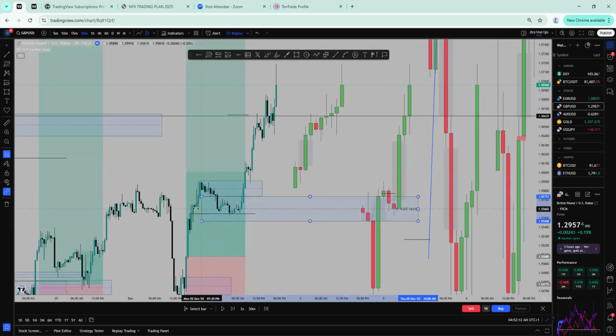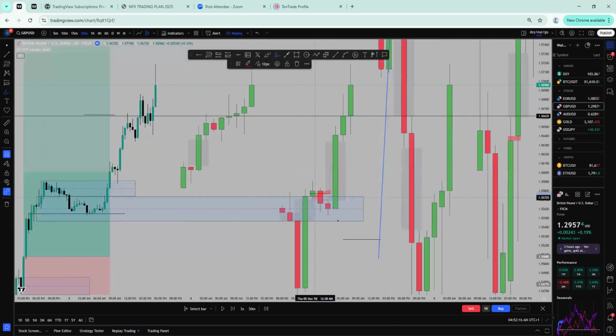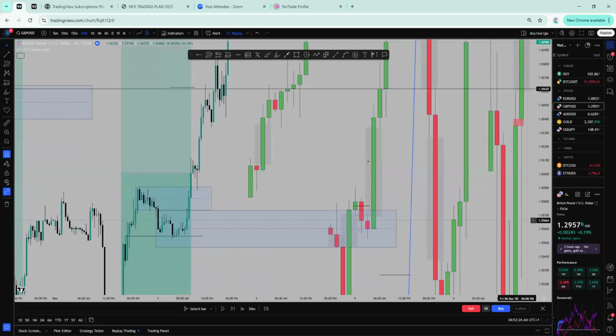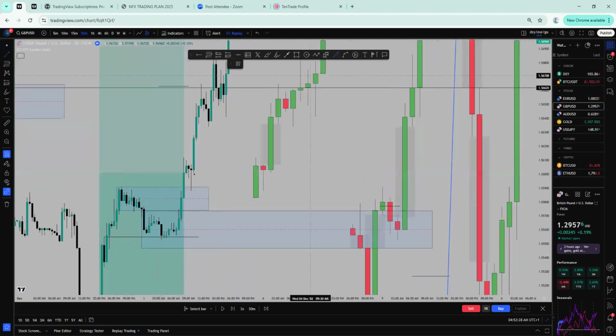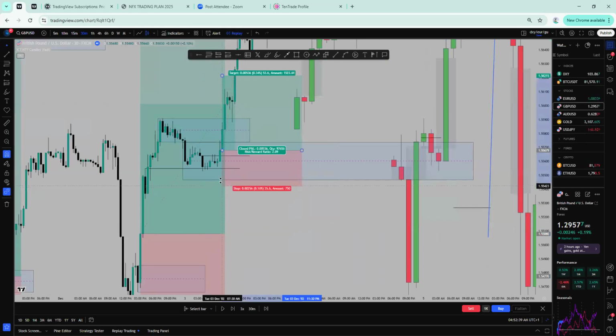So you can see price dropped back down to fill this 4-hour fair value gap. This is it right here. Price came back to fill the 4-hour fair value gap, and after doing so, this should have been our entry. I think I wasn't looking at the 4-hour. Price closed above that high. We would have been taking a buy from here, from the open of that candle, with our stops below like that,